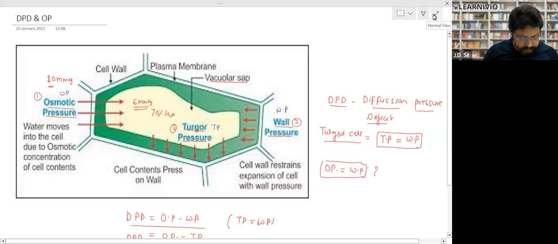So let me tell you what we did in the last class. We did bryophyte, right? So today we are doing the plant kingdom. We did the bryophyte, so today we'll do the